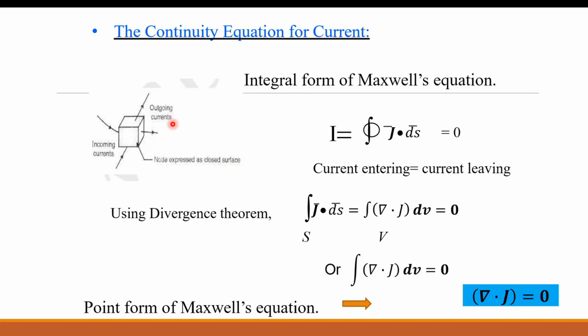So for example, just as I told you, the current entering a node is equal to the current leaving that node, which we have seen in circuit theorems. Whatever current enters a node in an electric circuit is equal to the total amount of current leaving. So you always write equations like I1 is equal to I2 plus I3. The same phenomenon is used here. So from that we can derive one more Maxwell equation relating I and j.